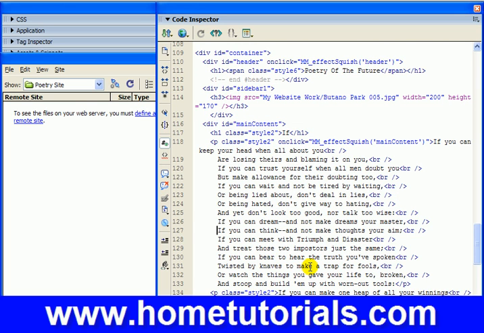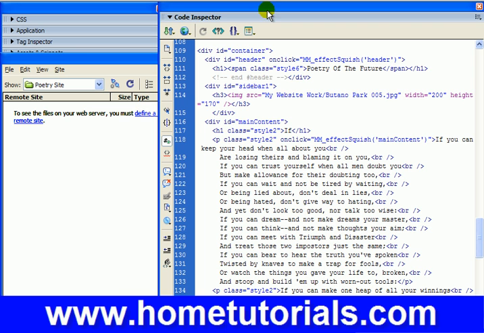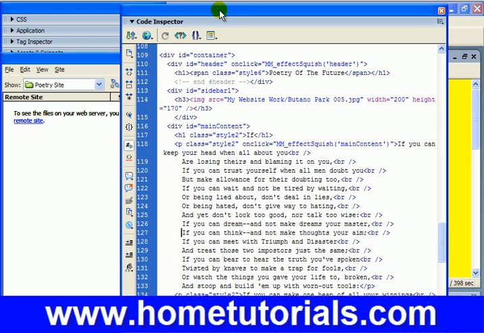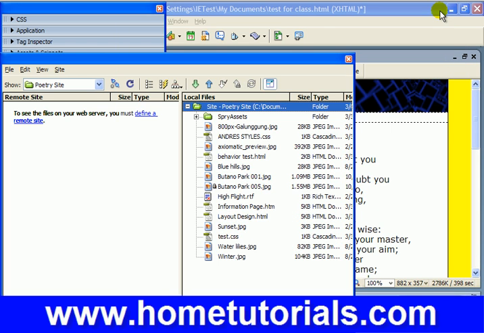Dual screen. Basically, it creates a separate window for almost everything. See how we have the code in a window? We could close out of that. So if we had a large monitor or several monitors, a couple monitors, we could spread these out everywhere so